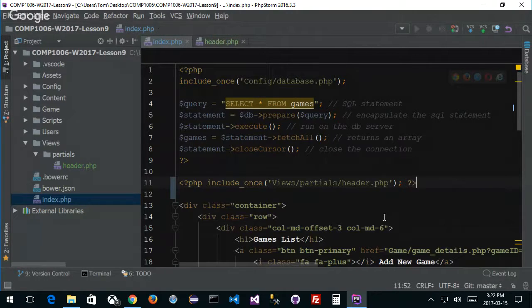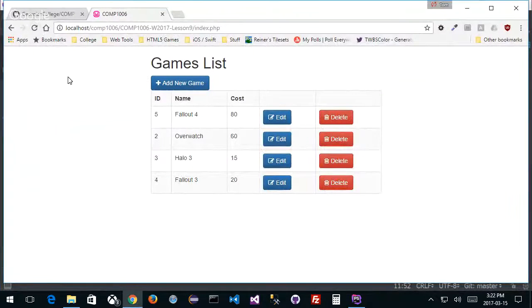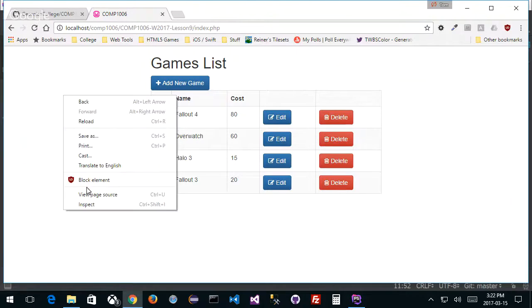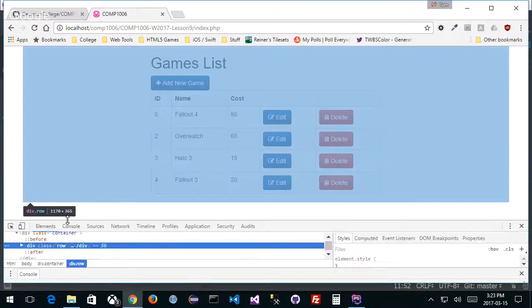Let's see if it works. One thing to say, it's going to be nice, Tom. Another thing is to actually see if it works. Let's go back, and if I refresh, it's good to go. How do I know it works? Because if I right click here and go to inspect, and look at my